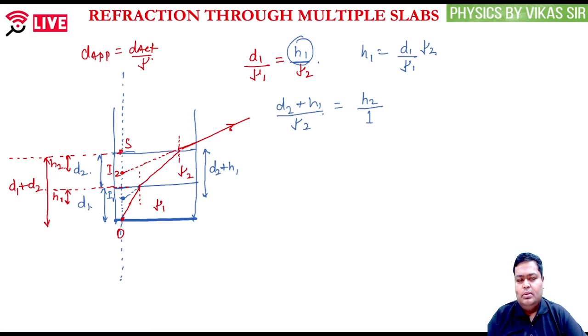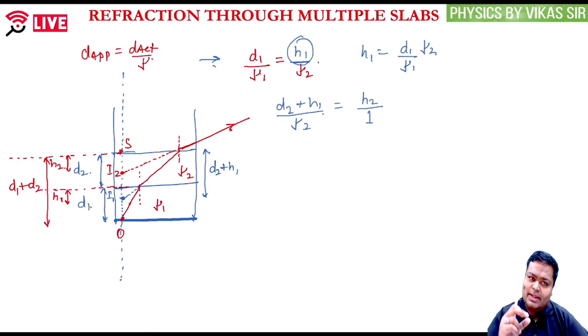तो मुझे केयरफुली चेक ऑन करना है कि mu1 में जो डिस्टेंस था that was d1 at the first interface, और mu2 में जो जब रे ऑफ लाइट सेकेंड मीडियम में जा रही थी तो उसके अपरेंट पोजीशन क्या हो गई थी, h1। Now the position is I1, तो I1 का डिस्टेंस S से कितना है, d2 plus h1। मतलब ऑब्जेक्ट जो है वो फर्स्ट रिफ्रैक्शन की वजह से अब I1 पे अपीयर हो रहा है। तो फाइनली सेकेंड रिफ्रैक्शन की वजह से कहां पे अपीयर होगा, I2 पे।